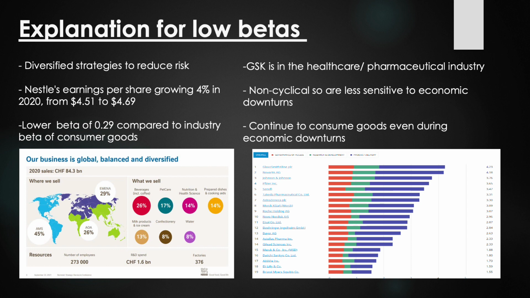GSK had the same beta of 0.29 as the industry is considered to be non-cyclical, as people require innovative vaccines and medicine to treat diseases and may be demanded regardless of the current economic situation. GSK specifically focused on a strategy consisting of the development of cancer, antiviral, and HIV treatment. This is evident in the healthcare sector having a low beta of 0.72, supporting the idea that the industry is low risk and will be less volatile than the overall market, as people will always demand healthcare regardless of the